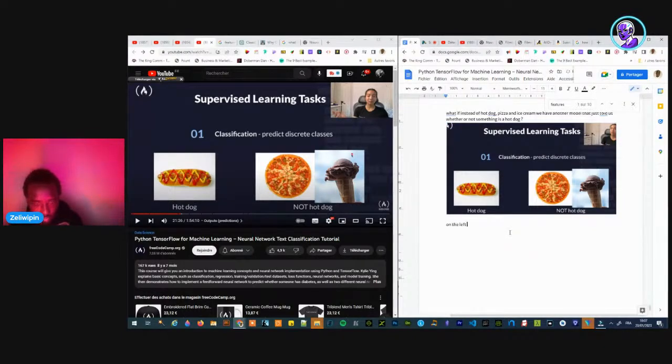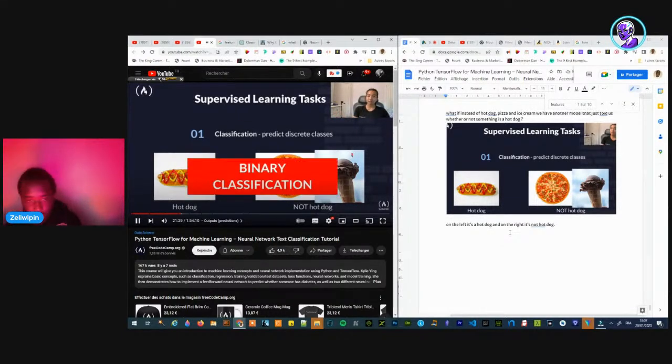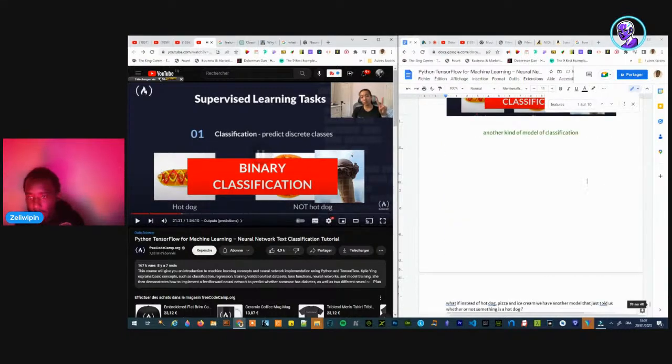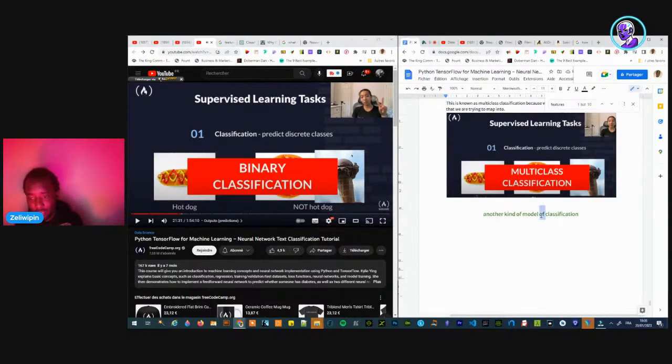On the left, it's a hot dog, and on the right, it's not hot dog. Okay, binary classification. That's how we call it.